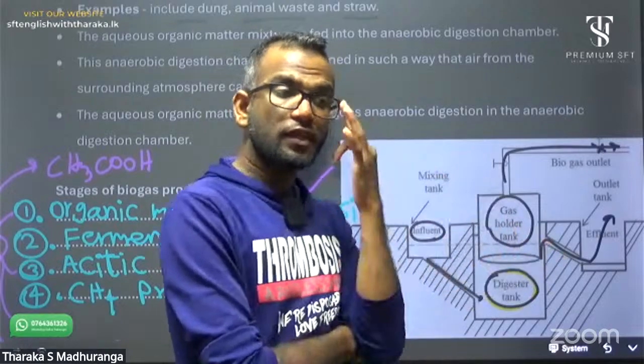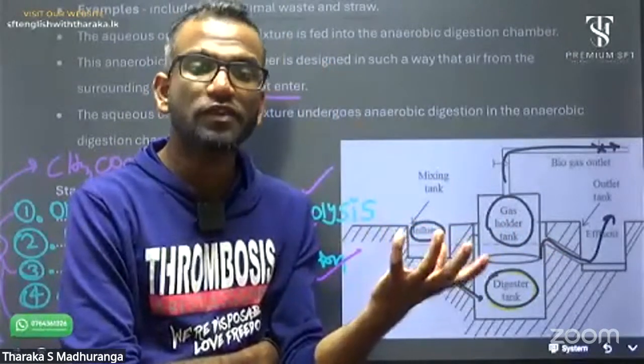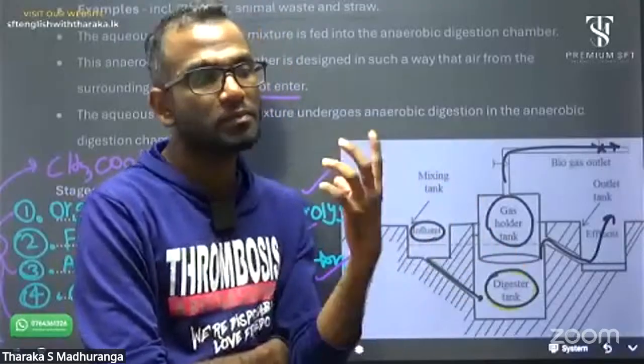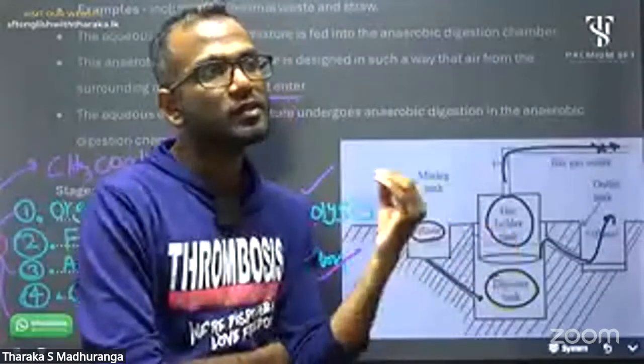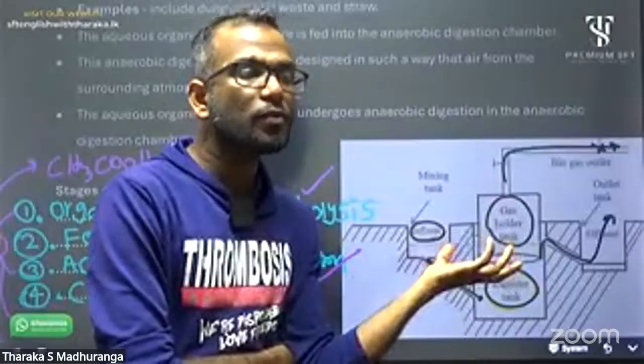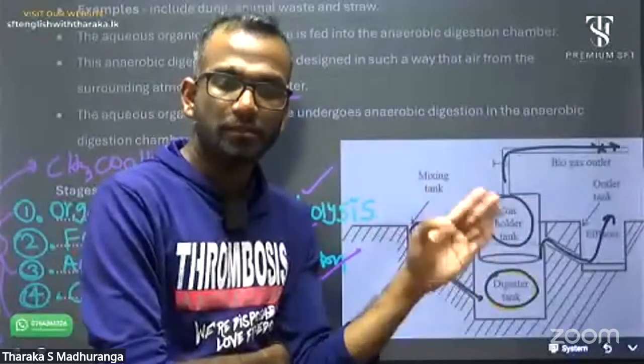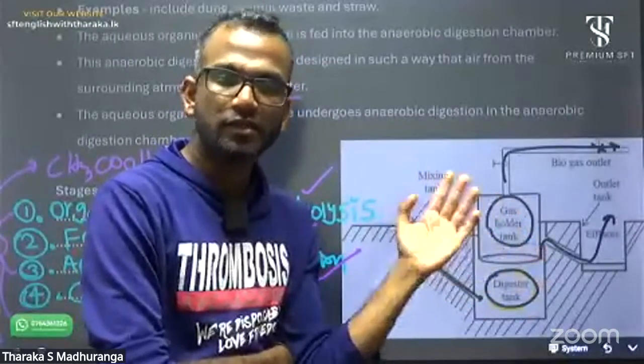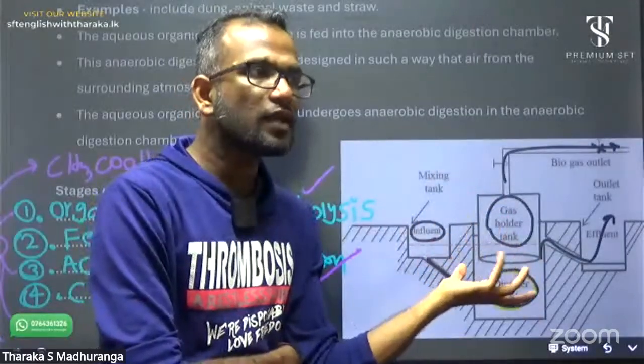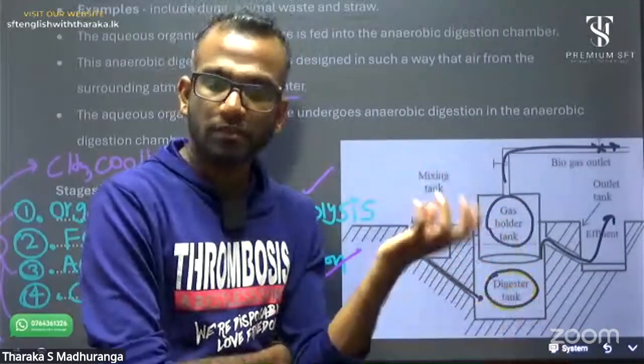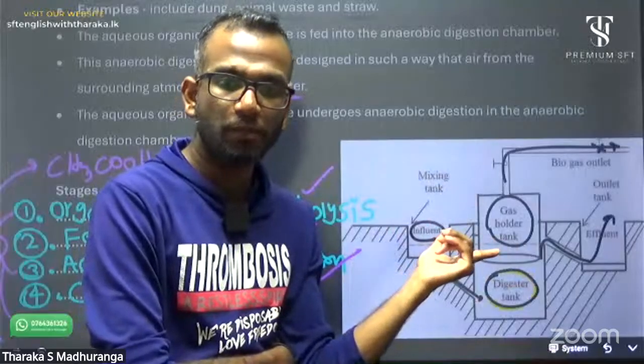It is the same as compost production. If you need rapid biogas production, we need to maintain conditions: temperature, pH value of the mixture, raw material ratio 30 to 1, the same ratio as compost production, 30 to 1, and it should maintain a temperature of more than 40, same as compost.